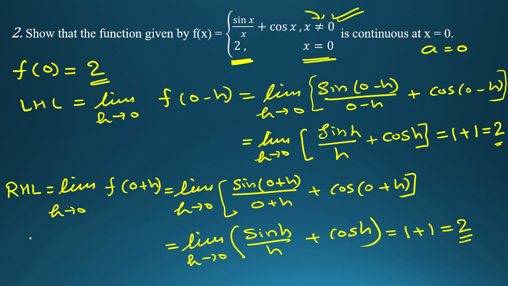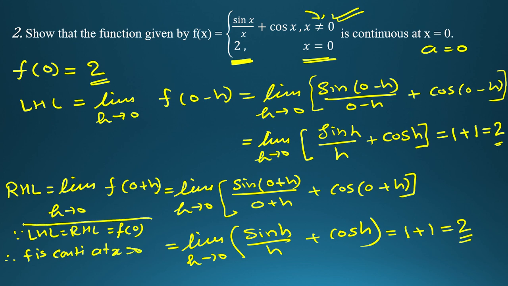So what you can see here, since LHL is equal to RHL is equal to f(a), means f(0), therefore f is continuous at x is equal to 0. This will be your final answer. Okay. Now next question can be,